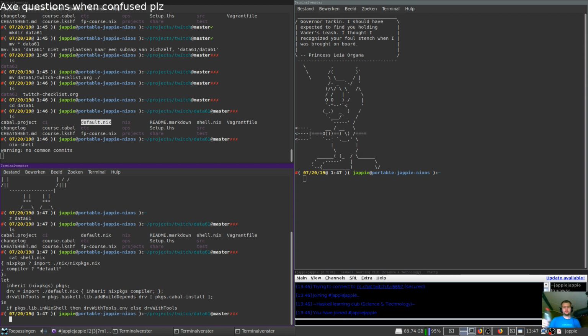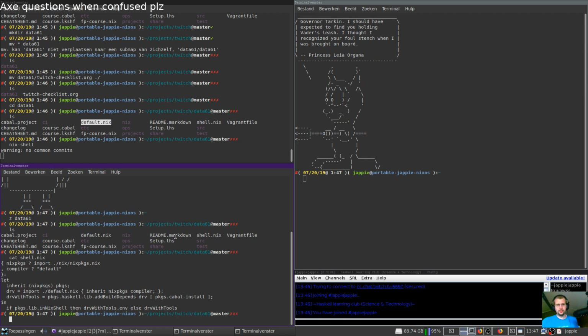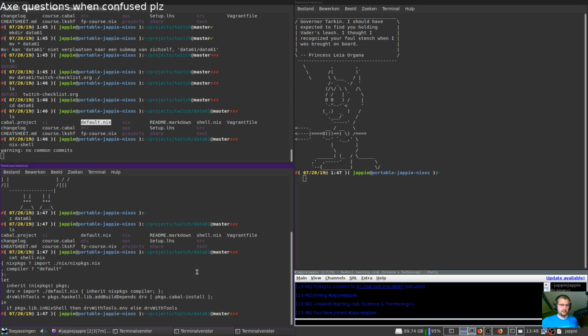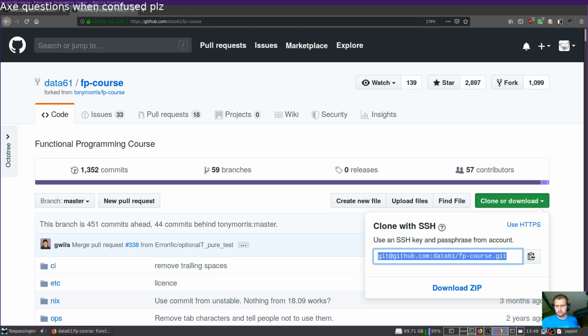It's really good, but it's not. You have to learn a language and then you also have to use tooling. And the best way to get into this stuff is maybe actually Stack. But because of choices I've made, like using NixOS, I can't use Stack right now. That's fine. But if you also want to do this course, the Data61 parser combinator course, then you should probably use Stack. I'm not sure.